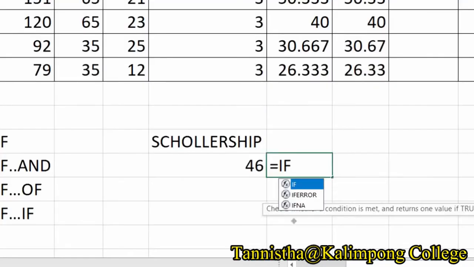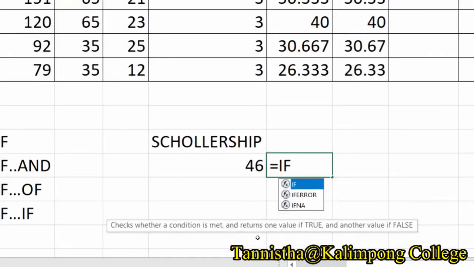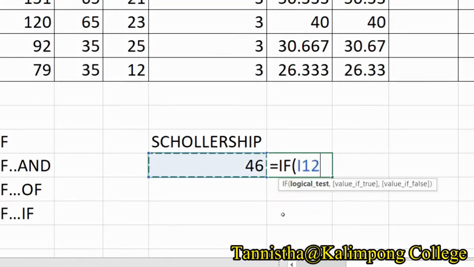Now I will write equals to if cell I12 is greater than 35 in logical test. This is our condition here. While putting some conditions, you can use these comparison operators. Greater than equal to, less than equal to, etc. Your first answer will be pass.